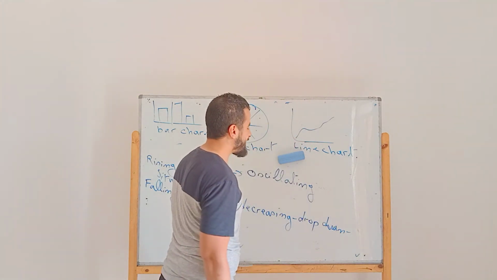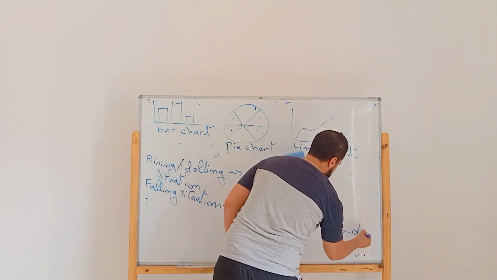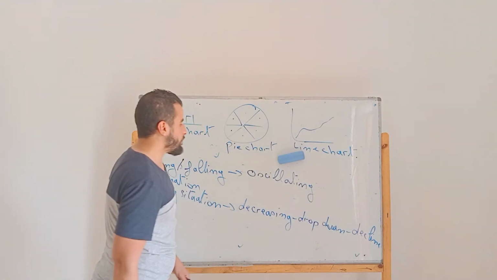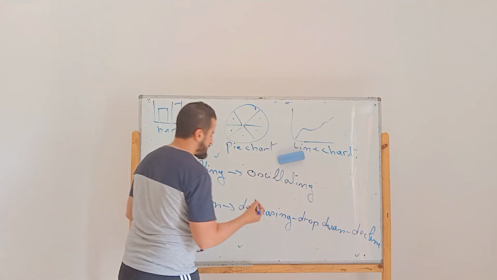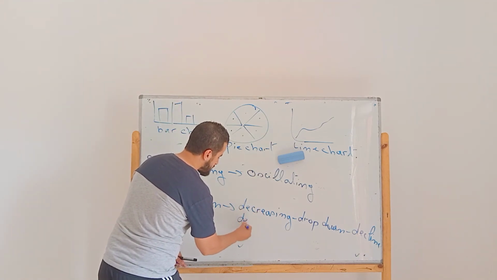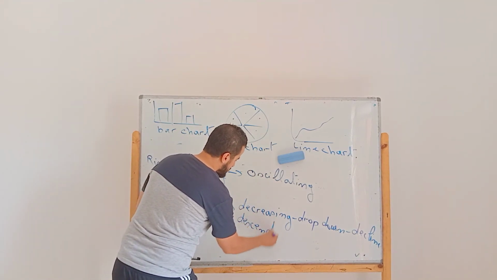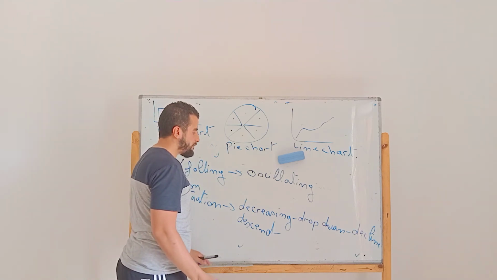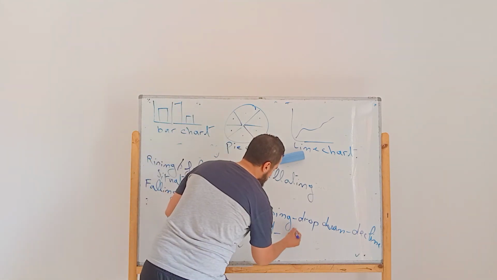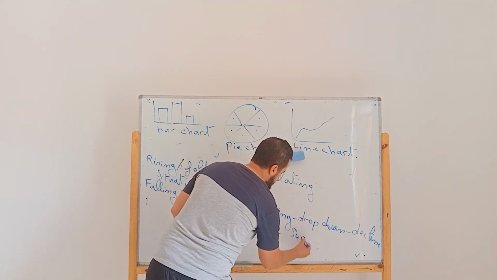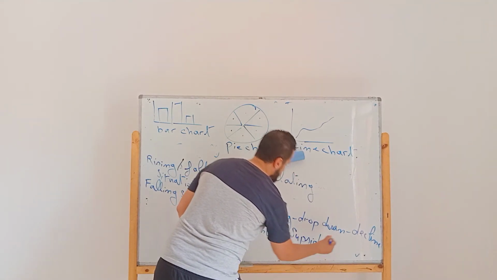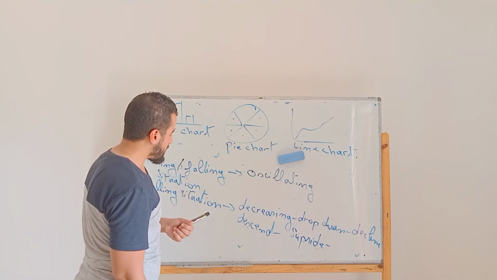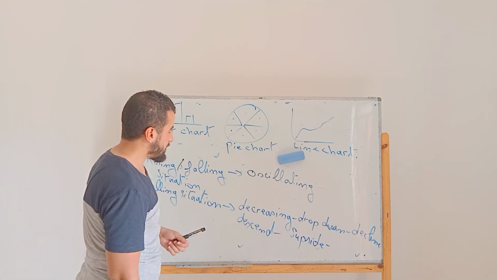We have decline. What do we have? We have also descend. We have subside. What else? So drop down, decline, descend, subside,